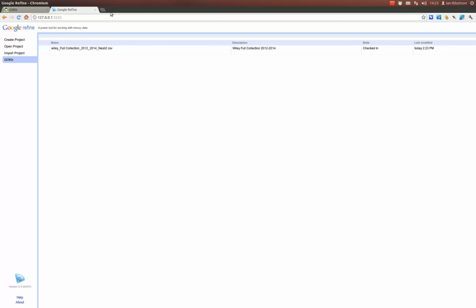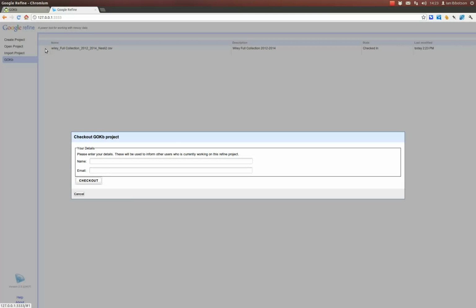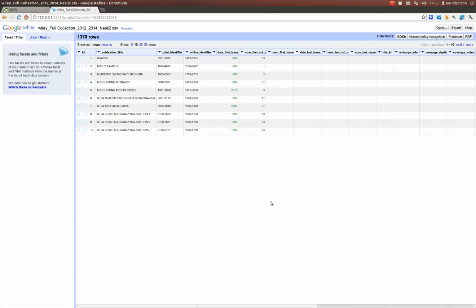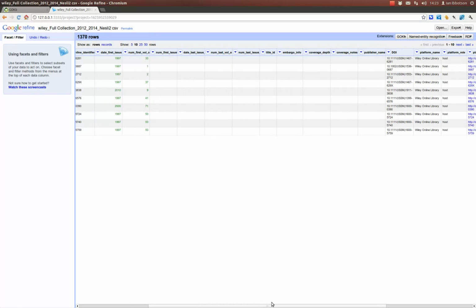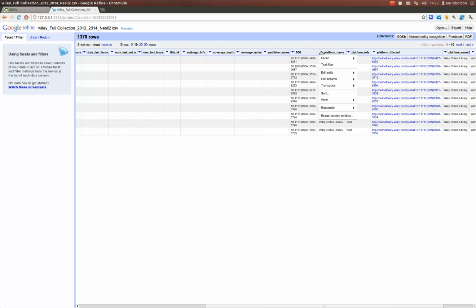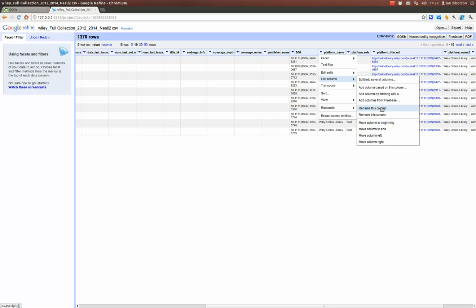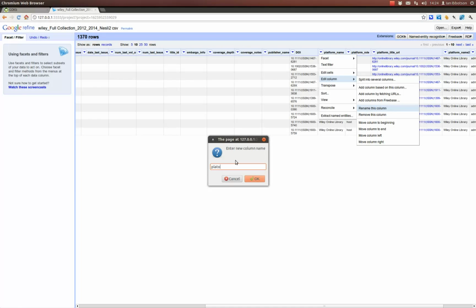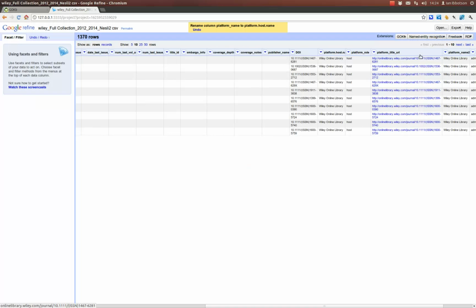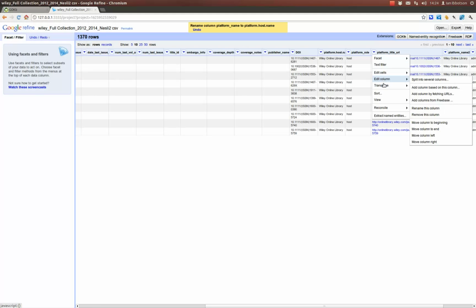So this has been checked in now, but there are some things wrong with it, some columns that need to be modified before we can import it, so this is part of the validation rules. I'm going to check it out so I can fix those. Okay, and the two things I need to fix with this file are platform name needs to be platform host name, and platform title URL